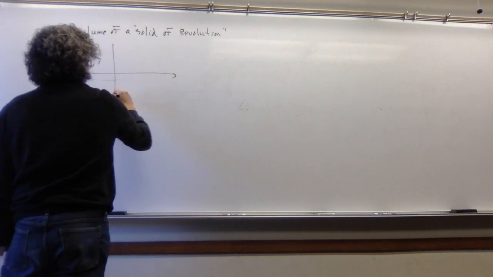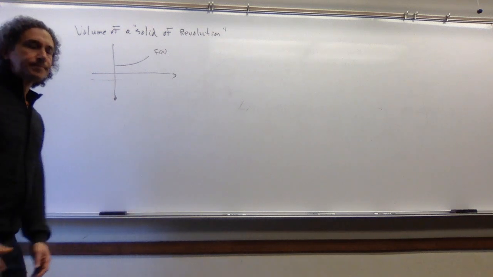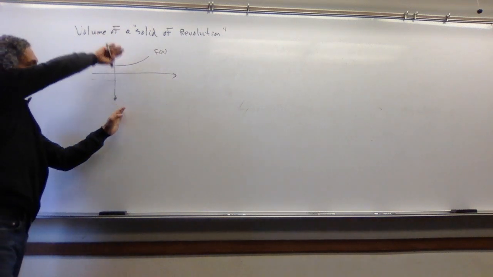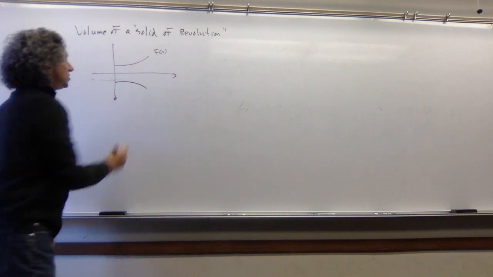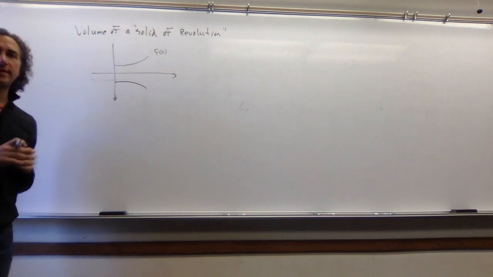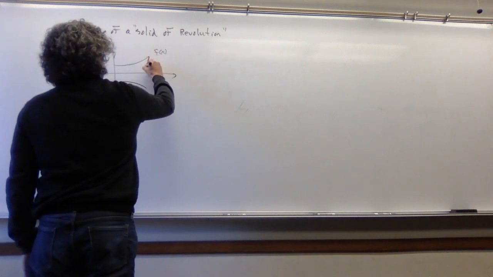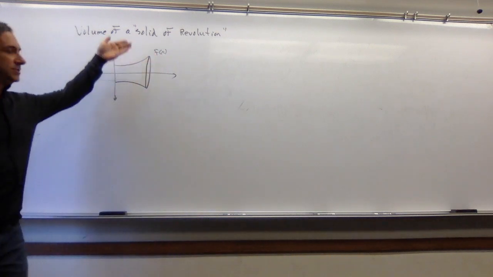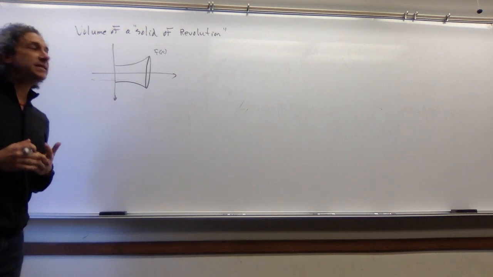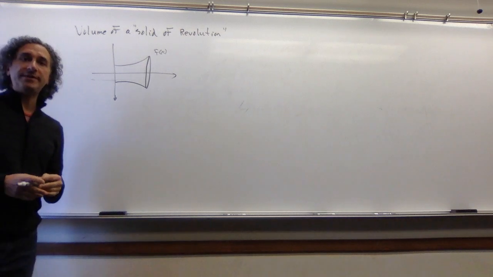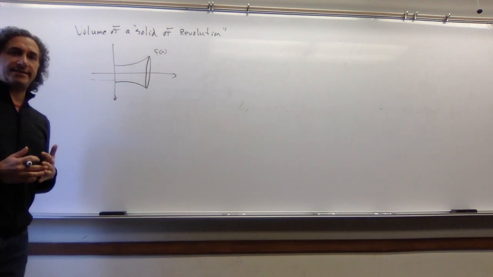Well, let me just take some function, so this is f of x, and I can rotate it around. So imagine rotating it around the x-axis. If I do that, and I take a cross-section of it, it'll look something like this. Now let me imagine this rotation so that I get this three-dimensional figure. It's kind of like a funnel or a vase. So this is the type of solid that we're going to be studying. We're going to be rotating some function about some axis.